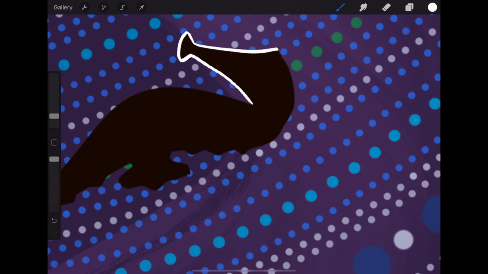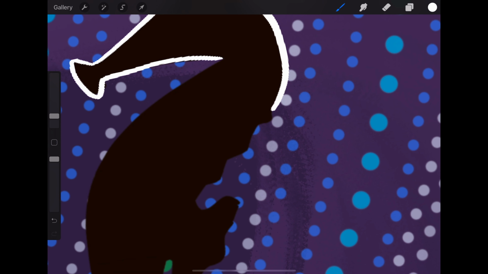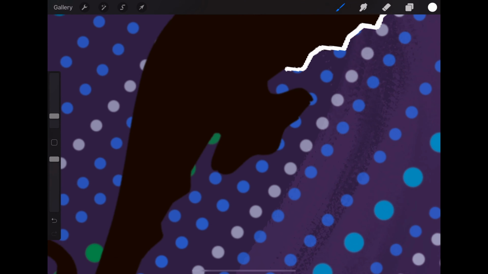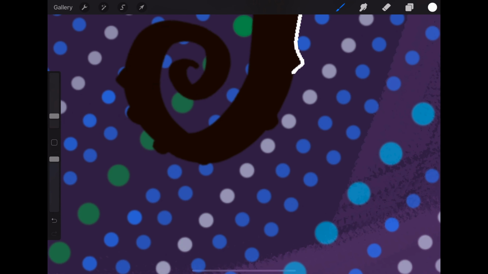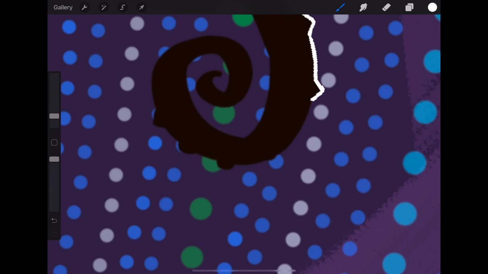outlines at the moment, just outlining each seahorse. Now, as you would have seen at the start, when I did the seahorses, I just copied and pasted them so I didn't have to redraw every single one. However, when doing the seahorse outlines, I did want to do them individually, so each one has its own outline, just to give each one that little bit of variance that you might not really pick up on looking at it the first time,